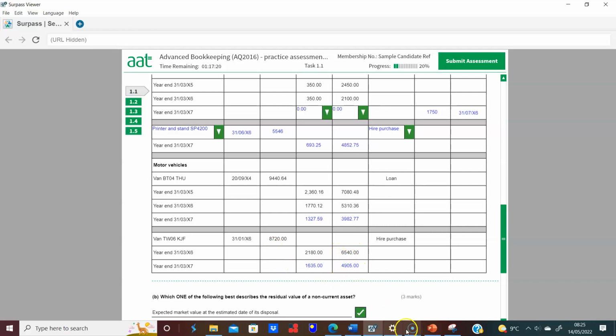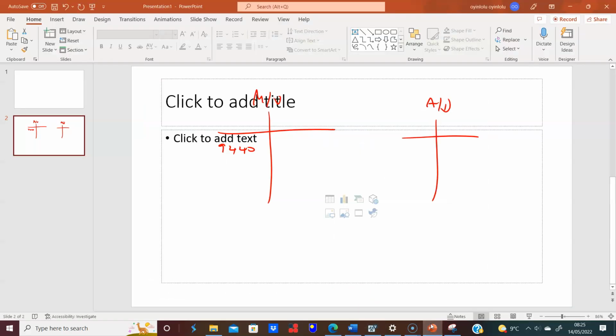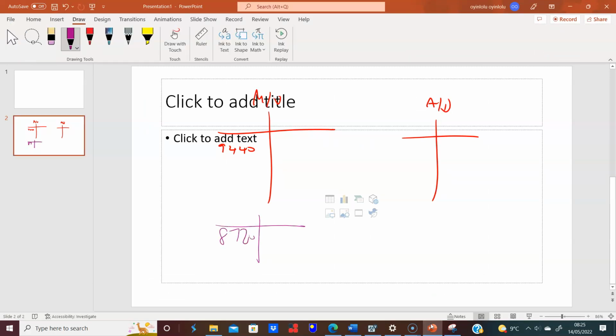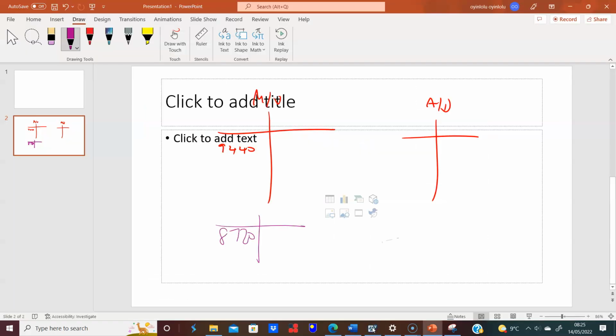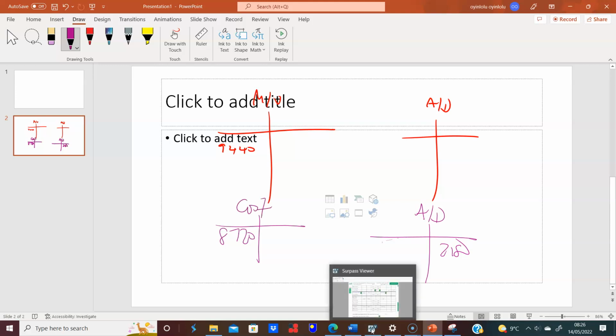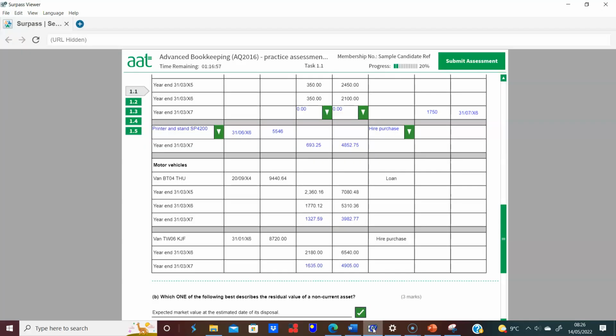And 8720, let's just check. 8720, correct. And 2180. That's the accumulated depreciation so far. That's the cost. So the net book value, of course, at the end of the first year is the 6540. And then, of course, multiply 20% of that, and you have